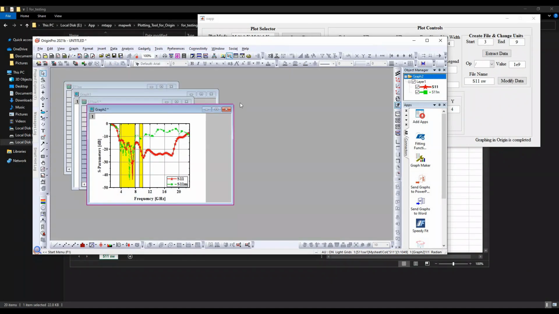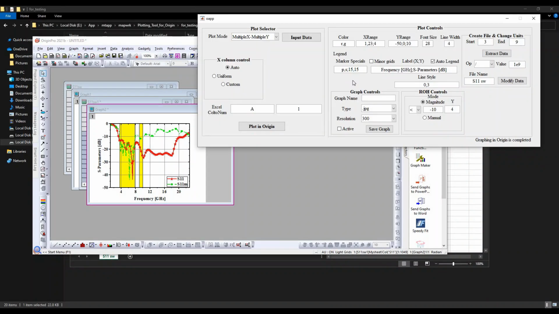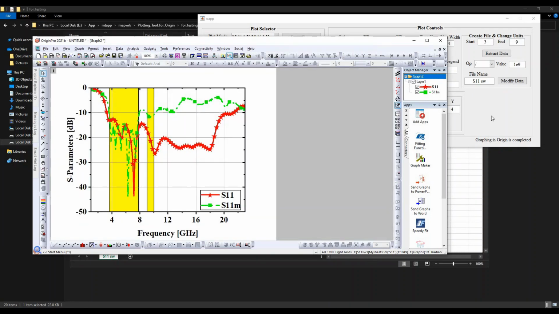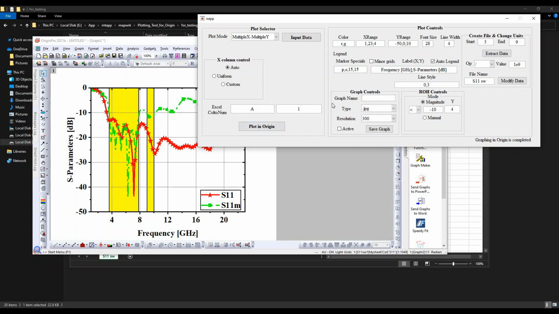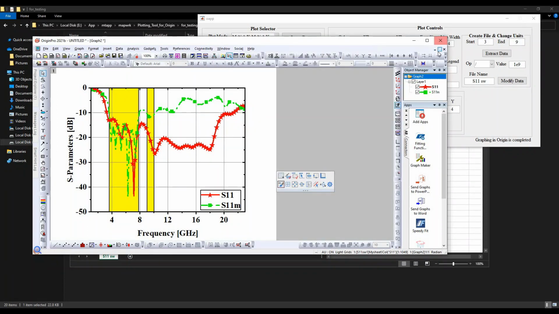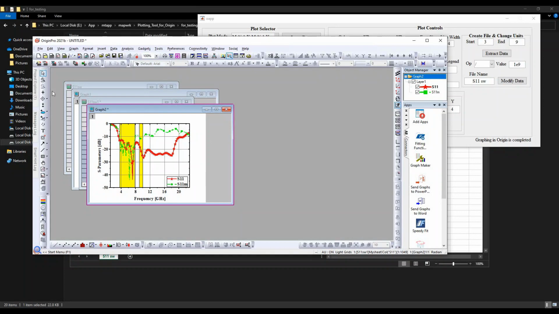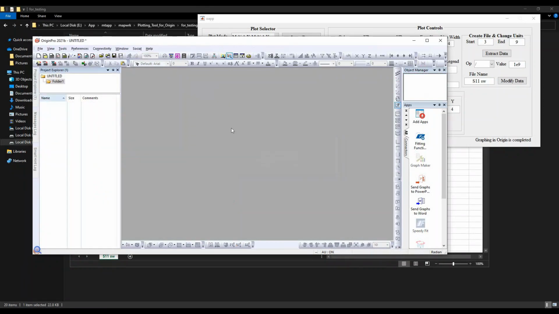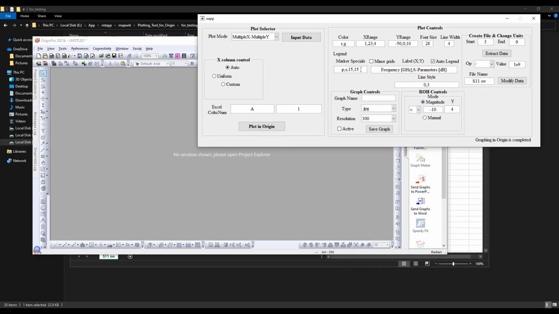And I will show you a few more examples of what this application can do. I will show you the figure saving thing over here. I just want to save this graph by making certain modifications. I will show you how. And for now I will delete the graph created so far. And this is the marker special things, and you can explore various marker shapes available once you get used to the app.